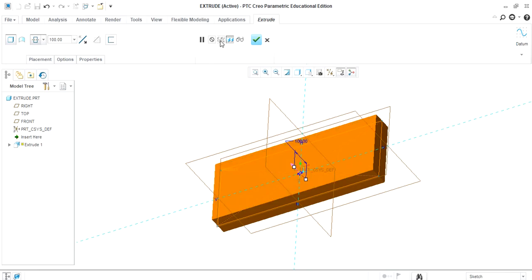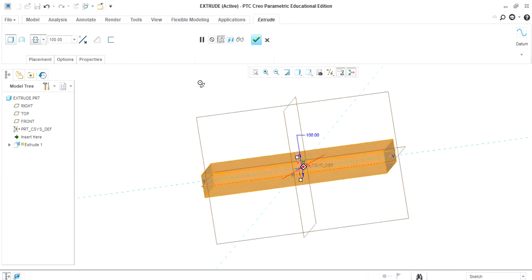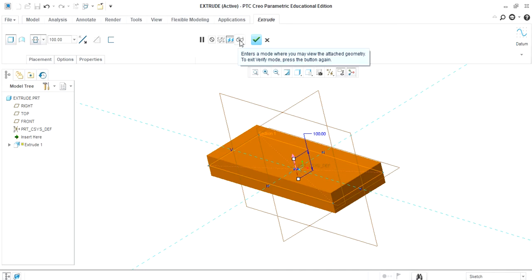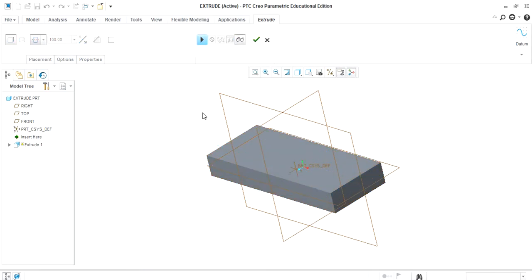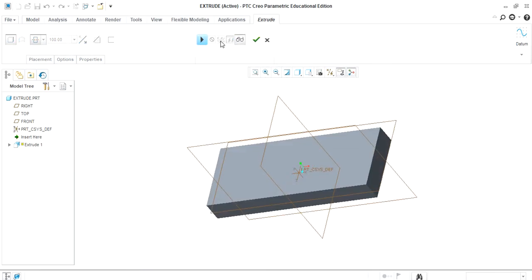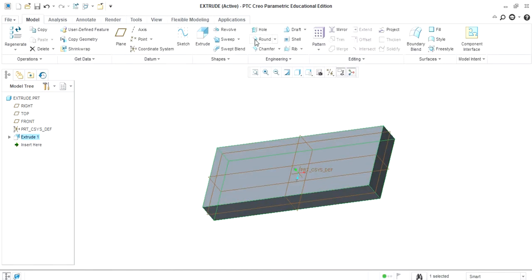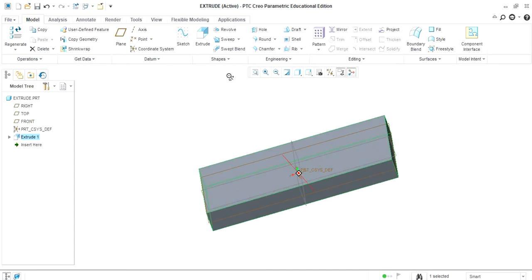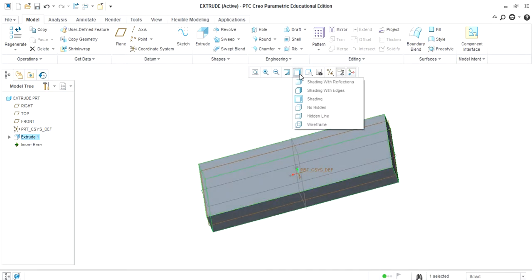Then these are the options which show us the model in different orientations. Suppose how the object looks in original shape after extrude, we can see that shape here. So the object will look like this. For this case we are extruding the plate up to 100 mm. So this is the plate. Now in this case we can view the different orientations of the plate.